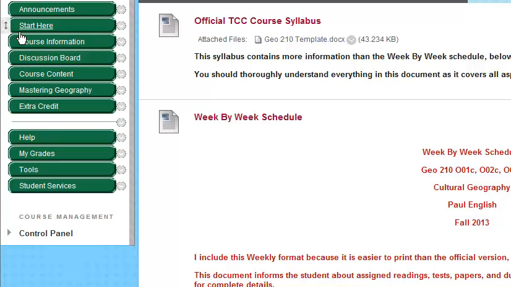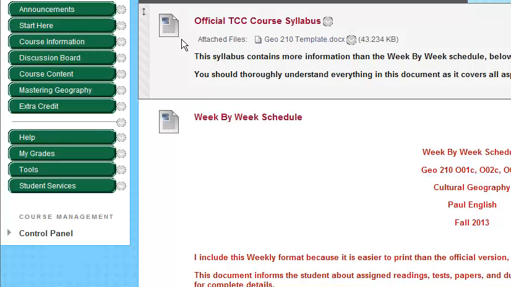And as you can see here, there are two files. One is the official course syllabus, and you should do what this sentence says. This sentence says you should thoroughly read and understand everything in this document, and that's true. It gives you all the protocol, all the details, all the due dates, all the penalties, all kinds of information about where to get help from TCC or Blackboard.